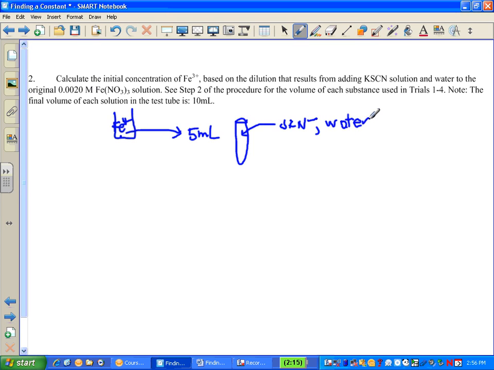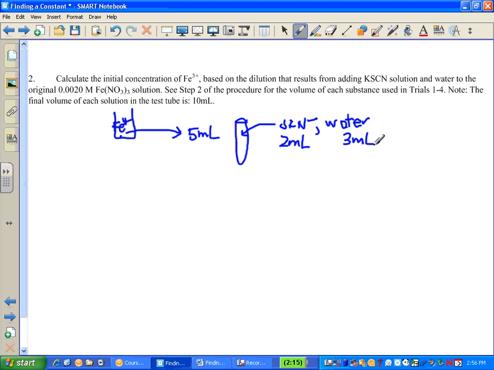So for the first one, you actually added 2 milliliters of the thiocyanate and you added 3 milliliters of water. In each of the scenarios, the final volume that you had in the test tube was 10 milliliters,